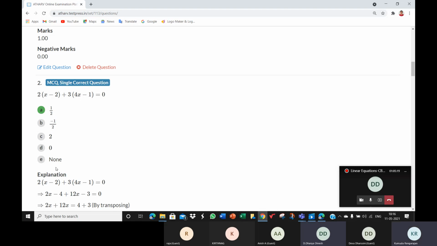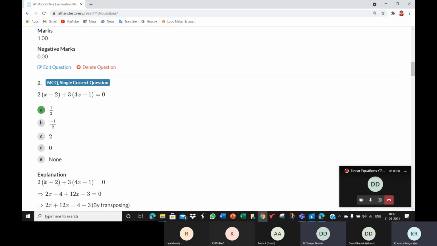No. It's not minus 1. Let's just see that. See here, you're partly right. See the bracket. It starts here. In the bracket, we have x minus 2. Outside the bracket, we have 2. To remove the bracket, you will have to multiply 2 with every term inside the bracket. What are the terms inside the bracket? x and minus 2. x should be multiplied by the 2 outside, and this minus 2 also should be multiplied by the 2 outside. That's how you remove the bracket.